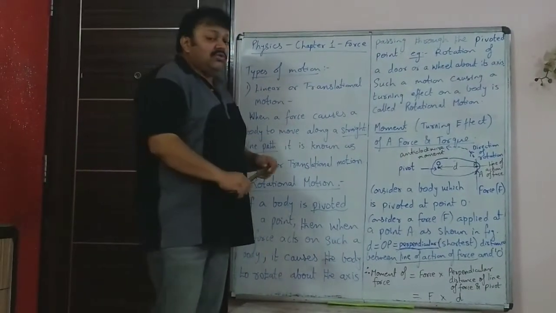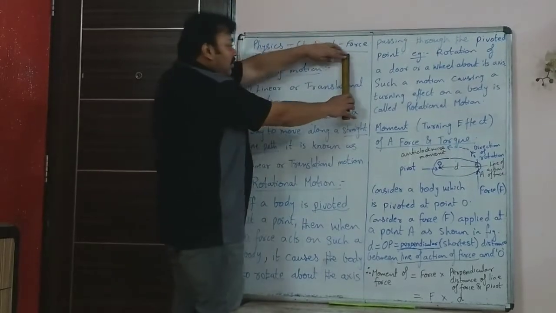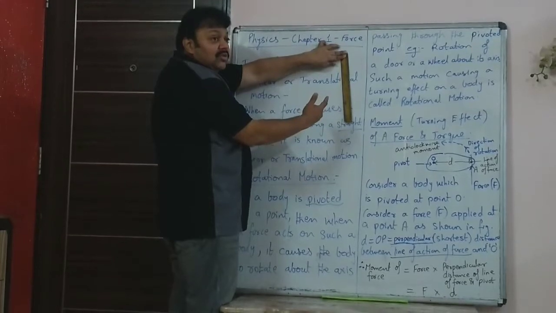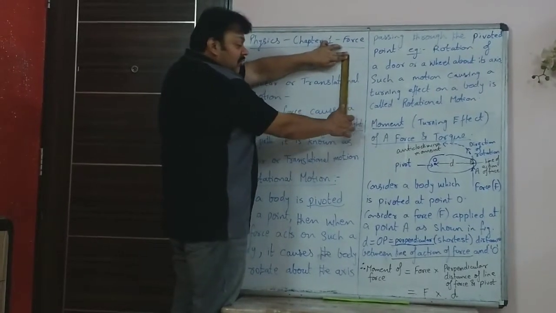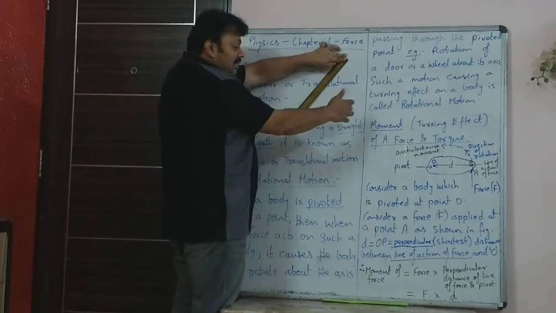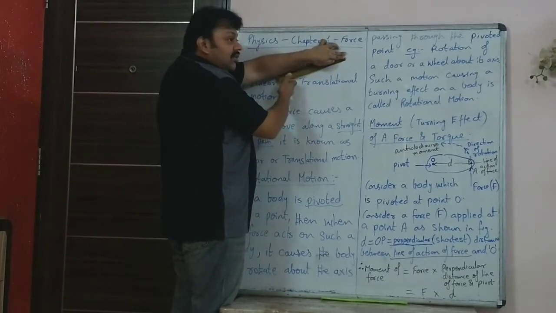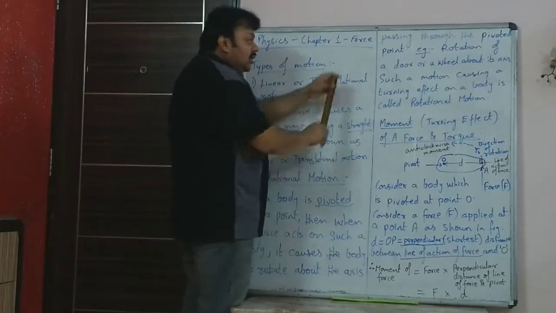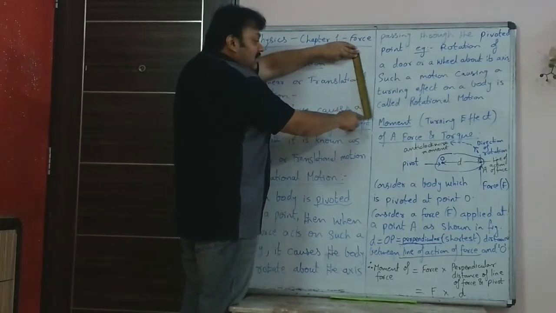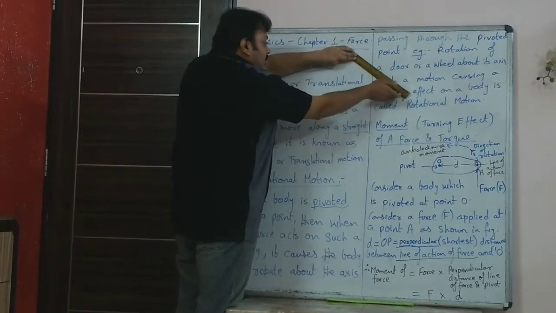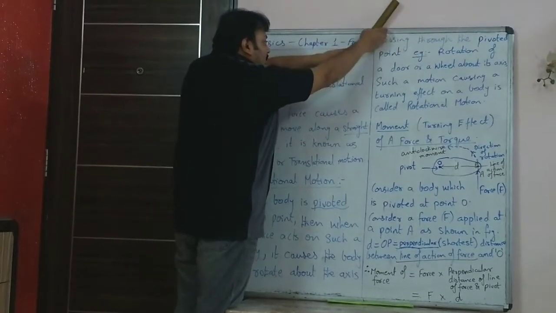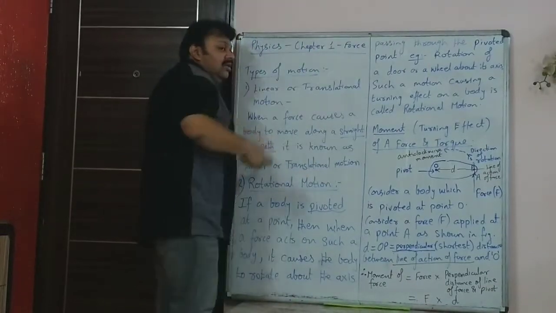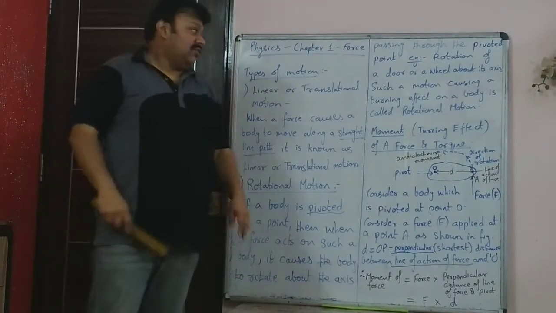So the rotation motion can be clockwise, like I showed you. Like if the force is applied, it all depends on the direction of the force and the position of the pivot. If force is applied from that side to this side, then it is causing it to move in clockwise direction. That's the direction in which the clock rotates. But if I applied the force in the reverse direction, then the force would have caused this ruler to move in anti-clockwise direction, that is 9, 6, 3, 12, that is in the counterclockwise direction.